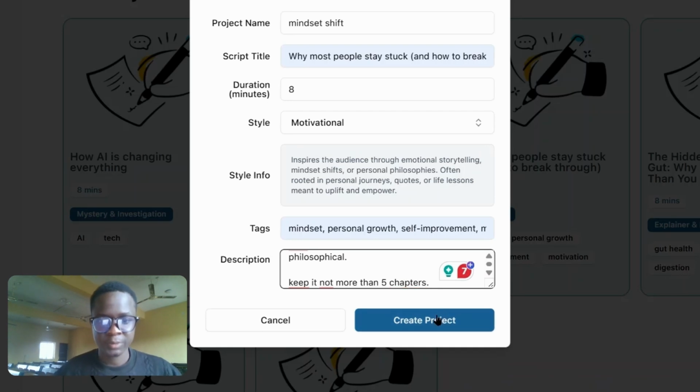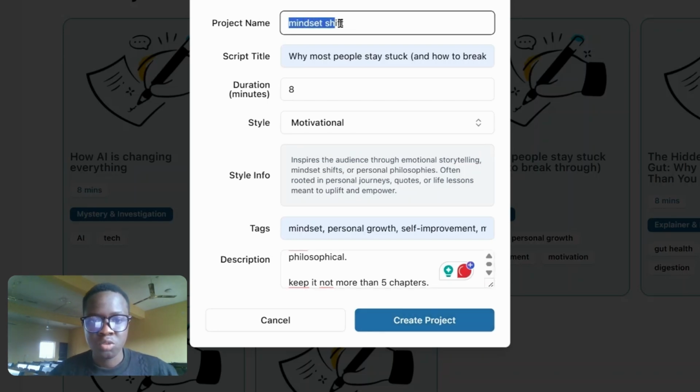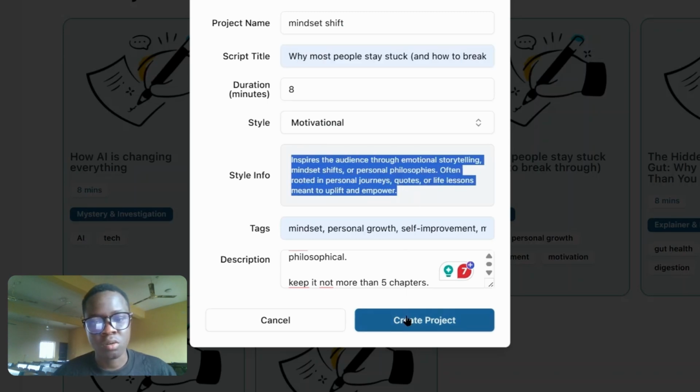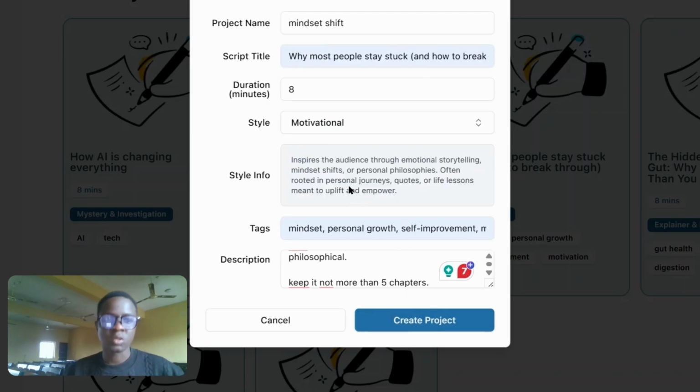Okay, so alright, you can take some time to check over the details you filled in here. And if it's all good, you just click on create project. And so this is what StoryCraft does, right? So when you click on create project,